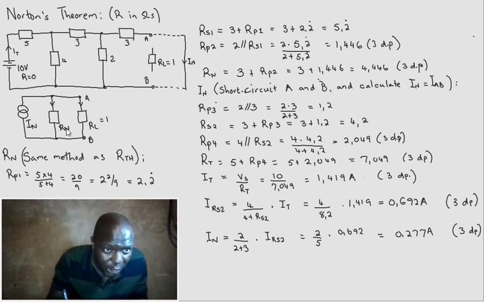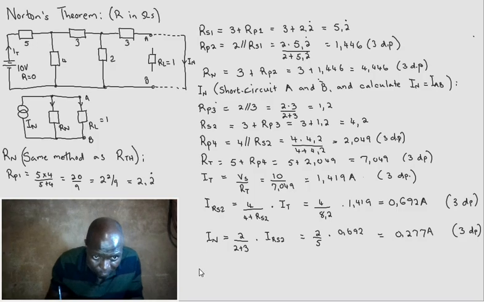So now I'm gonna share the Norton's current. To get this current, I need to use, remember, I need this current, so I'm gonna use that resistance. So therefore, our I through the 1 ohm, which is our answer, is going to be